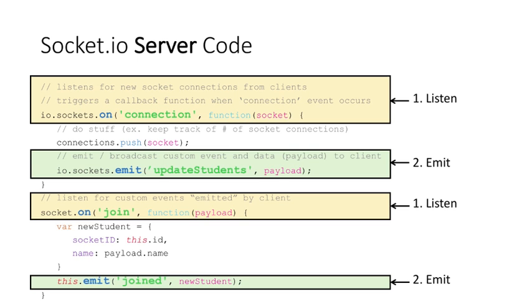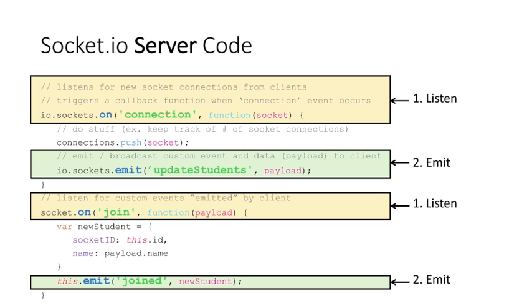More code from the server side. You'll see that there's a lot of listening events where you see the .on. In that first yellow box, it's a connection event that we're waiting on, and as soon as we hear the connection event, the callback function is called, and that socket is passed into the callback function. Within the callback, we're adding that socket to an array called connections,